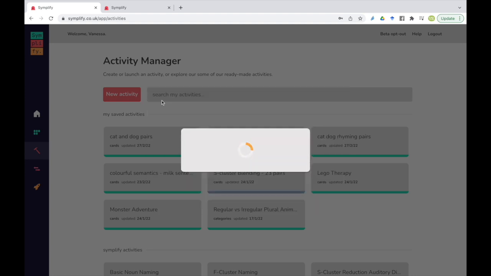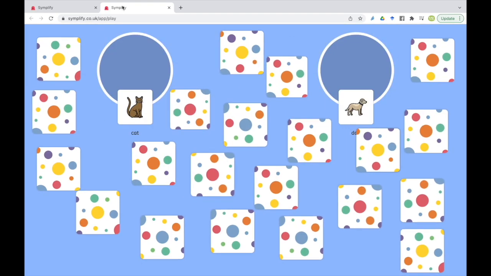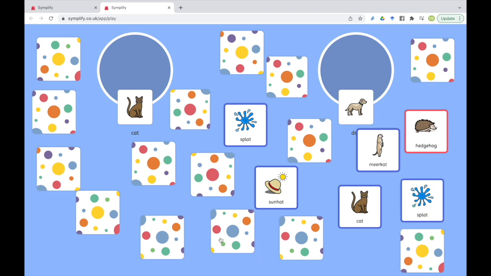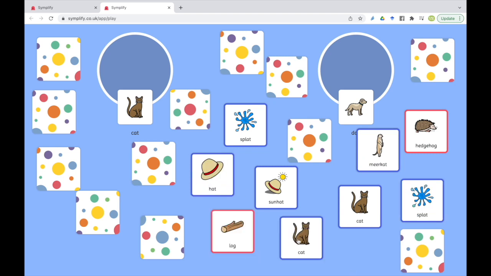You can load it and it will take you straight back into the runner and load the game exactly as you had it laid out. And you can log out, log back in, it'll still be there and it will lay it out exactly as you want it. So we could then play the game. I'll just turn lots of them over so you can see that we've moved them around and done different things with them.